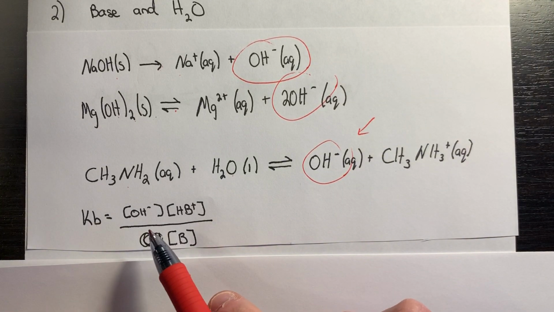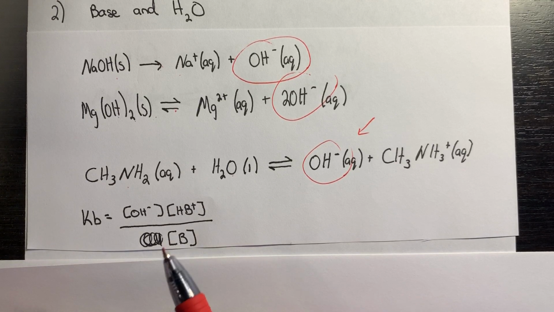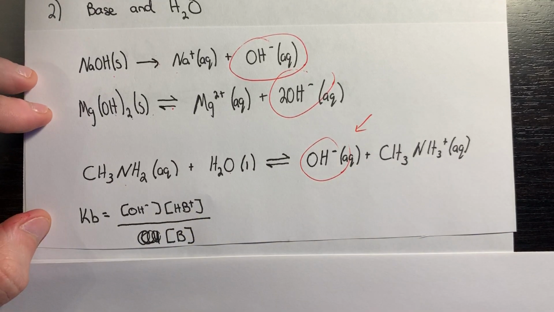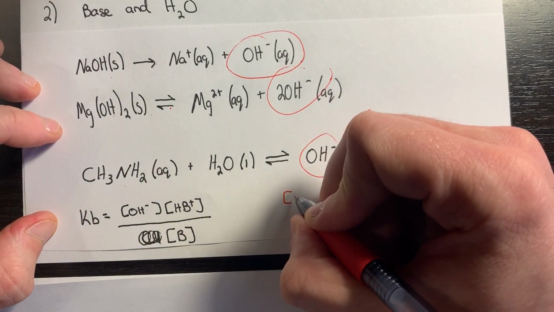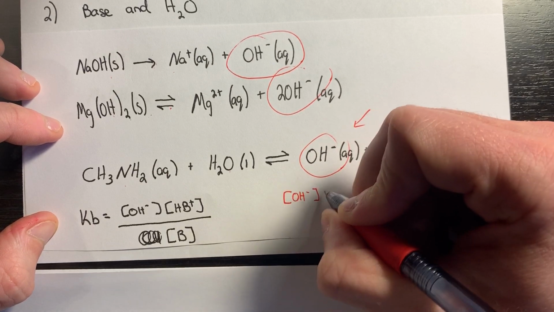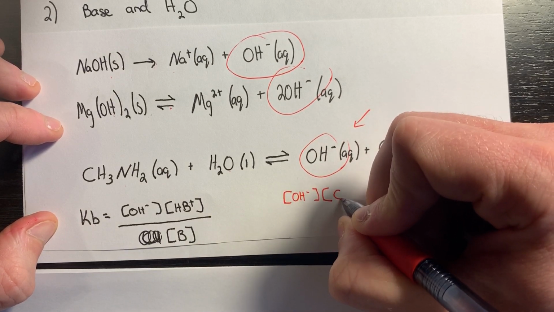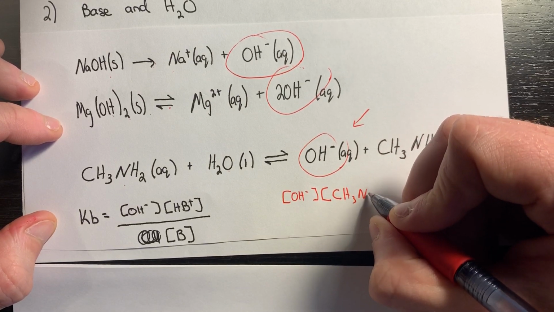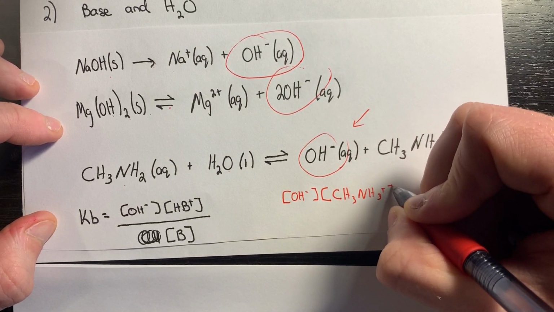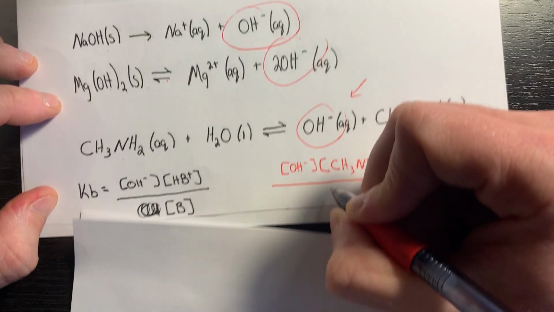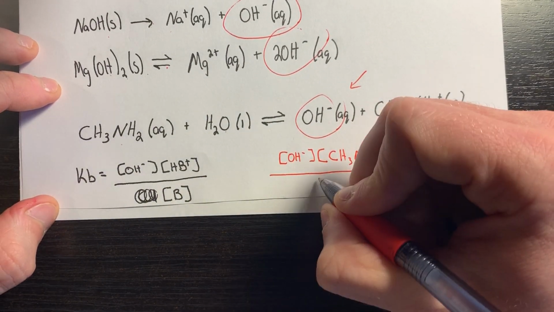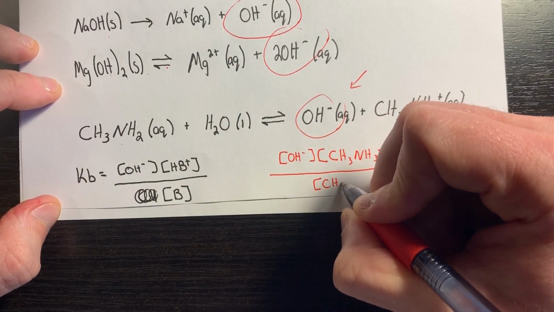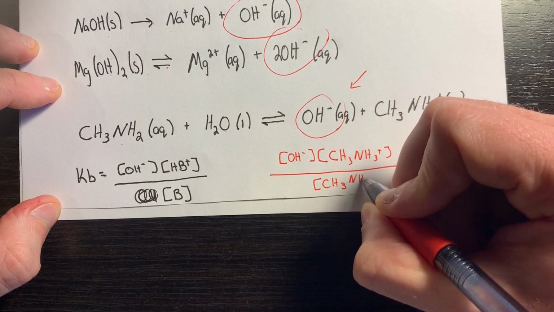As far as a Kb value, our base ionization constant, for this third equation we're talking about the concentration of hydroxide multiplied by the concentration of the methylammonium at this point,